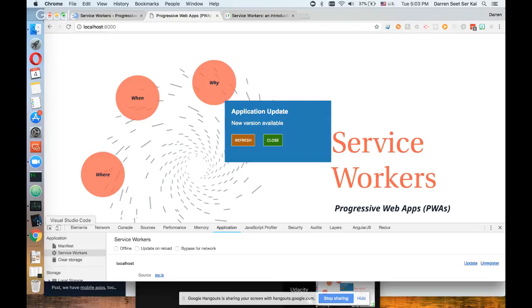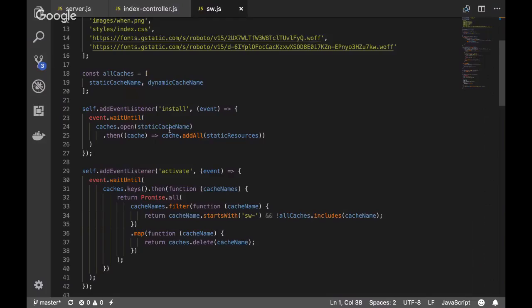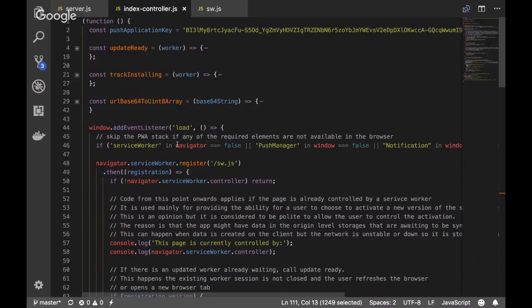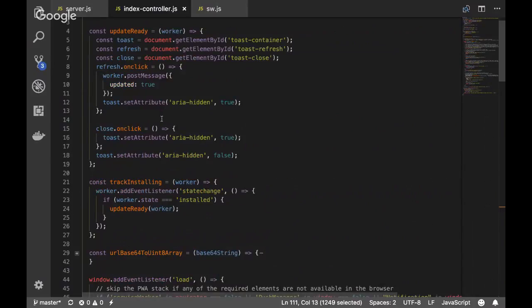So that's what all this track installing and update ready code is trying to do.